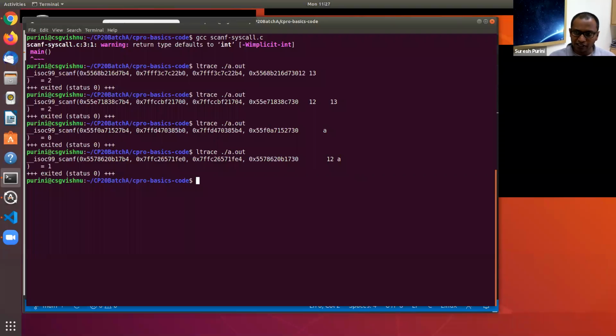Great. So now you understand what is happening with the scanf statement. Are you all with me here on the scanf statement at this level? Are you happy? No, there is a question. Someone raised a hand.